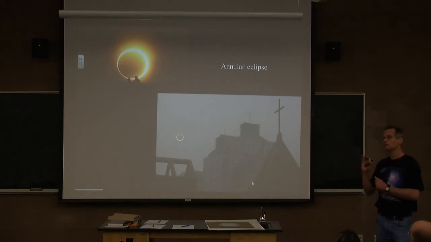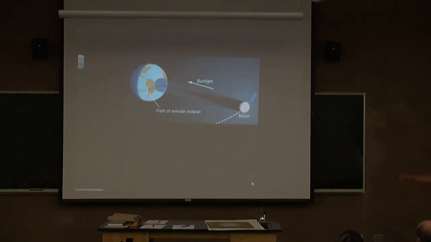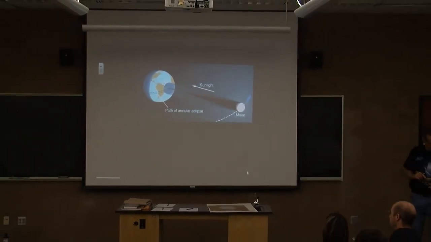Now, I'll talk a little bit more in a minute about details, where to go and what to see, that sort of thing. But I want to show you, here's the annulus moving. It's just like the total eclipse. When you have an annular eclipse, the antumbra moves across the Earth, and if you're in that path, you will see an annular eclipse.